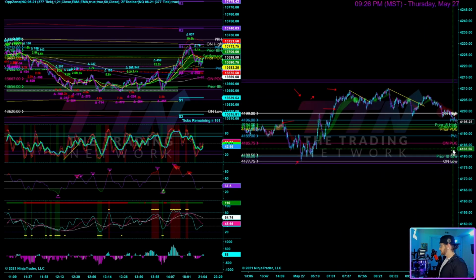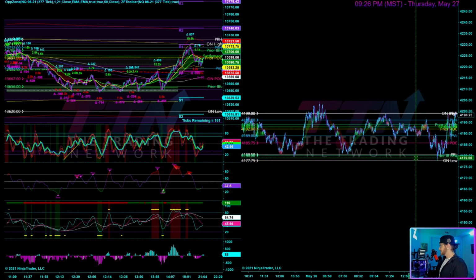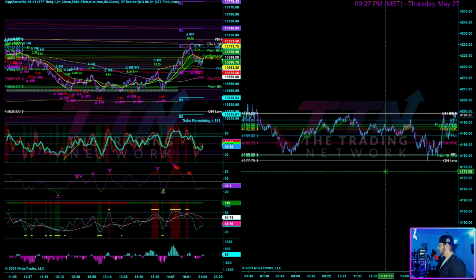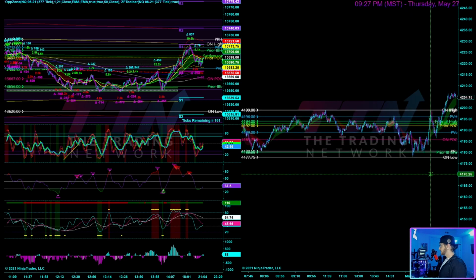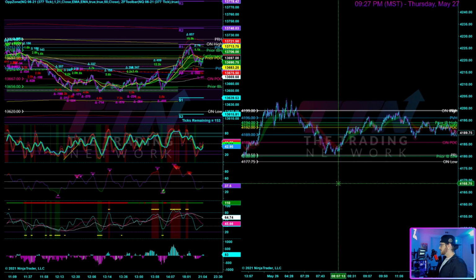So if we zoom out and get rid of all these drawings from the session, all those arrows is basically me explaining things live on stream, people asking questions, me explaining setups, things like that. So if you see a bunch of crazy drawings when I'm pulling up my candlestick chart, that is why right there. So here's just an example.